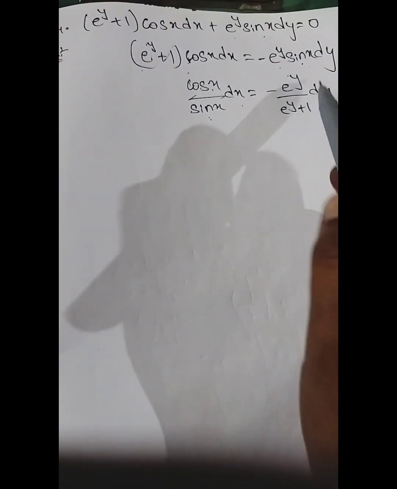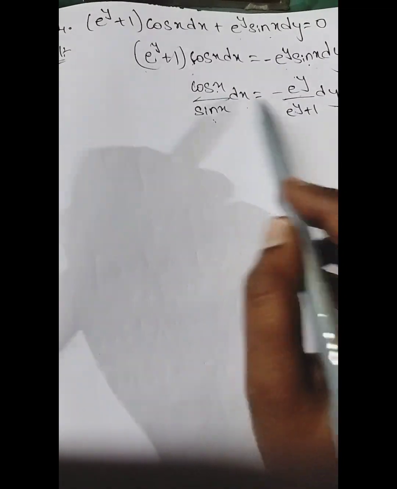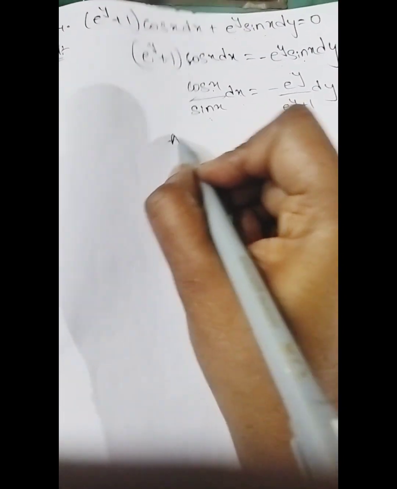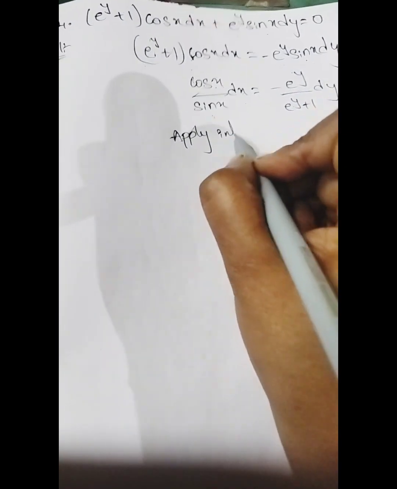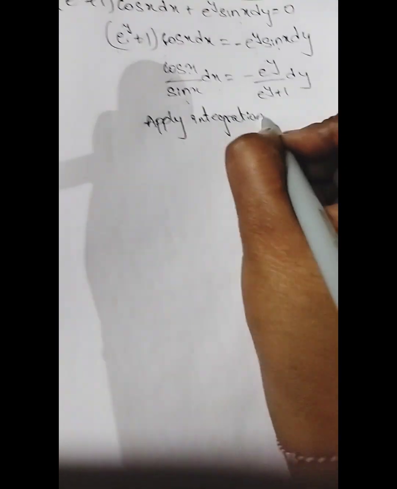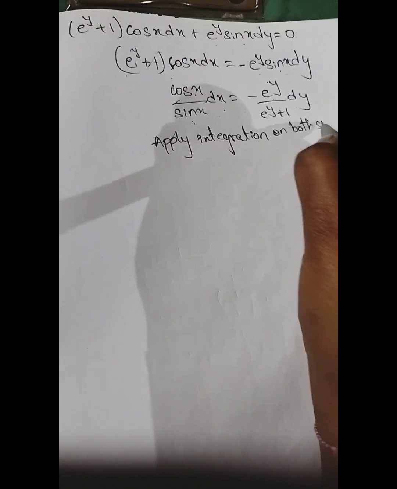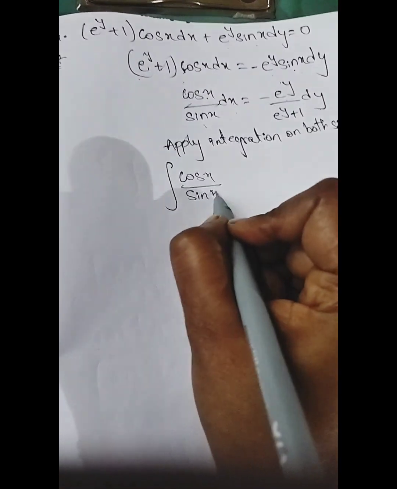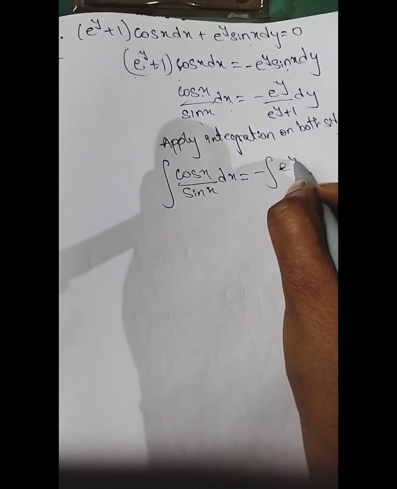cos x by sin x dx equal to, x dx terms and y dy terms. Completely, this function is in the form of y and dy, and this function is in the form of x and dx terms we have. Next, what is our next step? Apply integration on both sides. So what will we get? Integral cos x by sin x dx equal to minus integral e power y by